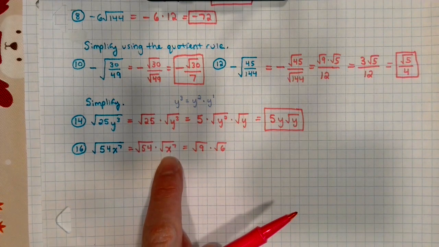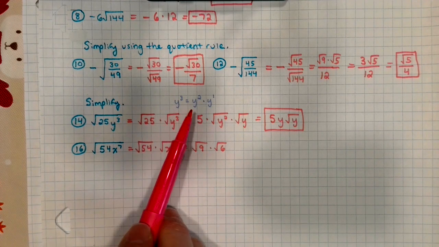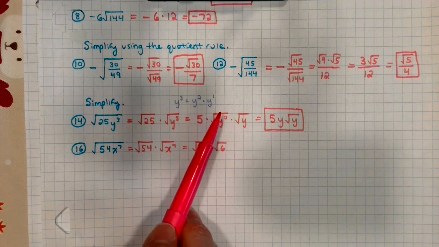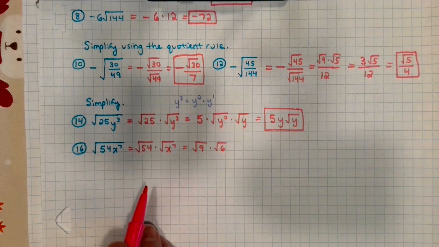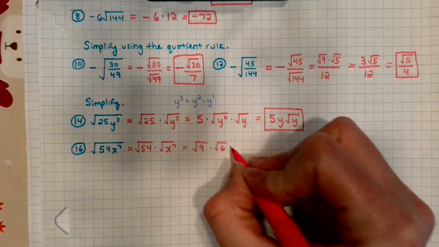And so we have to think about it as we did with this previous question, where we broke it down into y squared times something times something. In this case, x to the 7th, you would get from doing x squared times x squared times x squared times x to the 1st. So we're going to rewrite this as